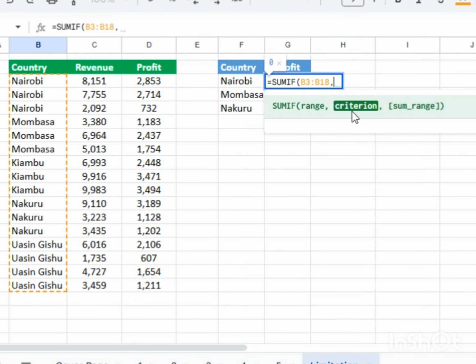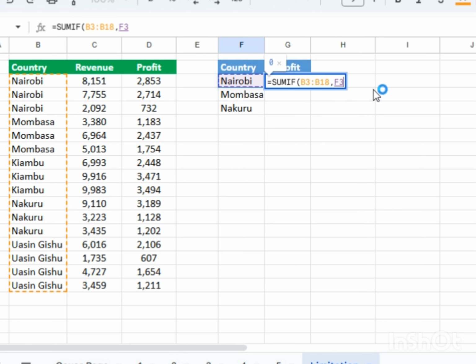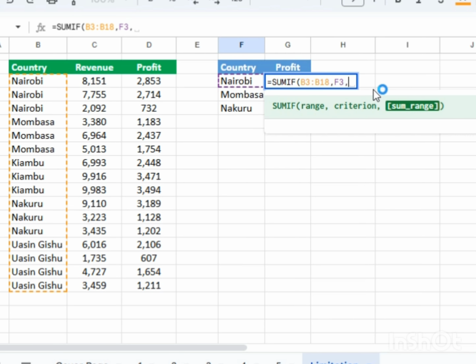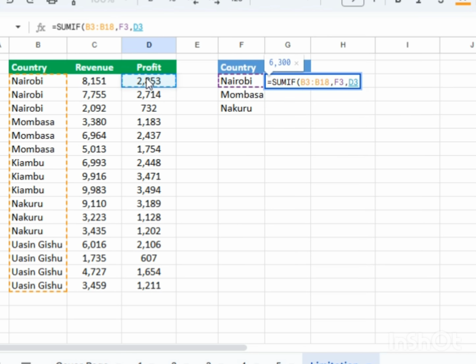And the criteria here is this specific county, the county of Nairobi. So I'm going to click Nairobi here, and you put comma here, and we want to find the answer from the range of this profit. And so we'll come here, Control Shift arrow down within this range, and close the parentheses